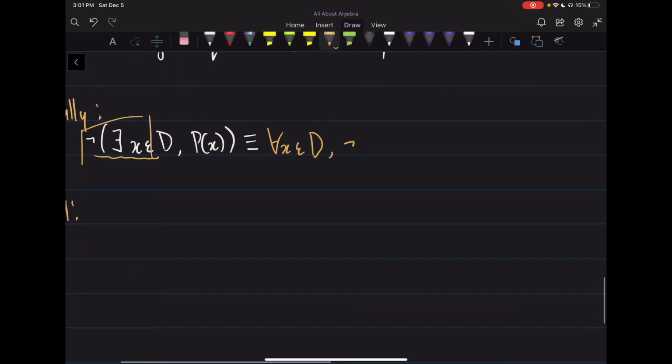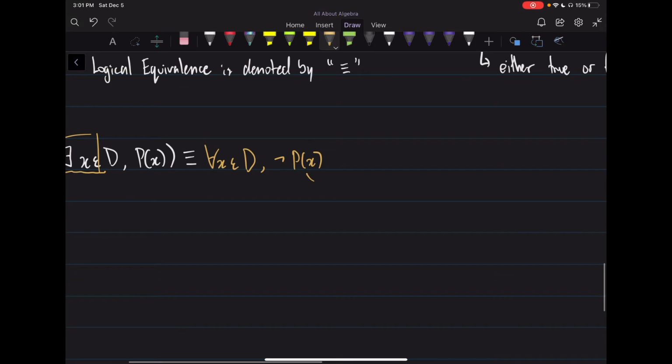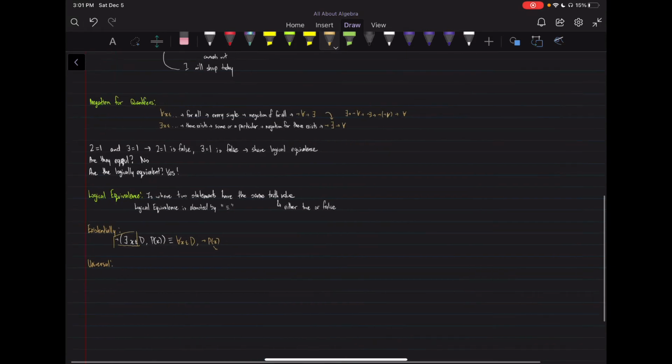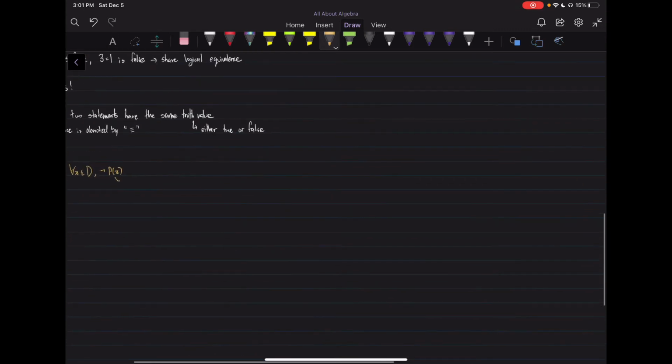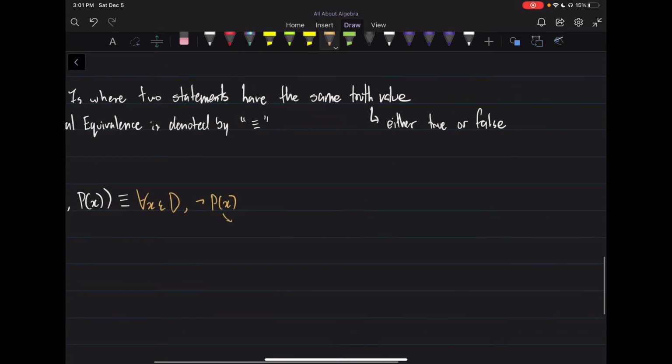Now we can take the negation of p of x. Well, what would this look like? Again, this goes back to right here where I was explaining, right? So if our p of x in this case is 2 is greater than 1, our